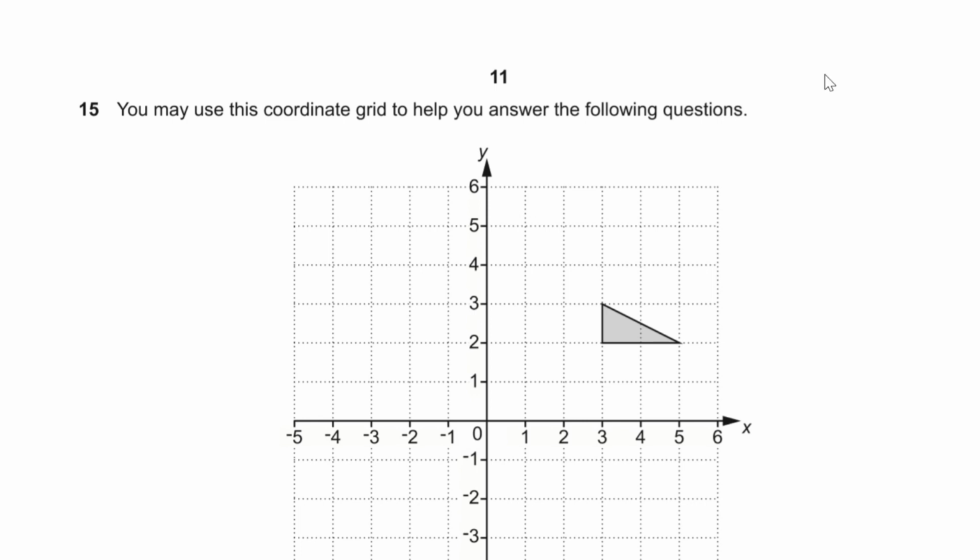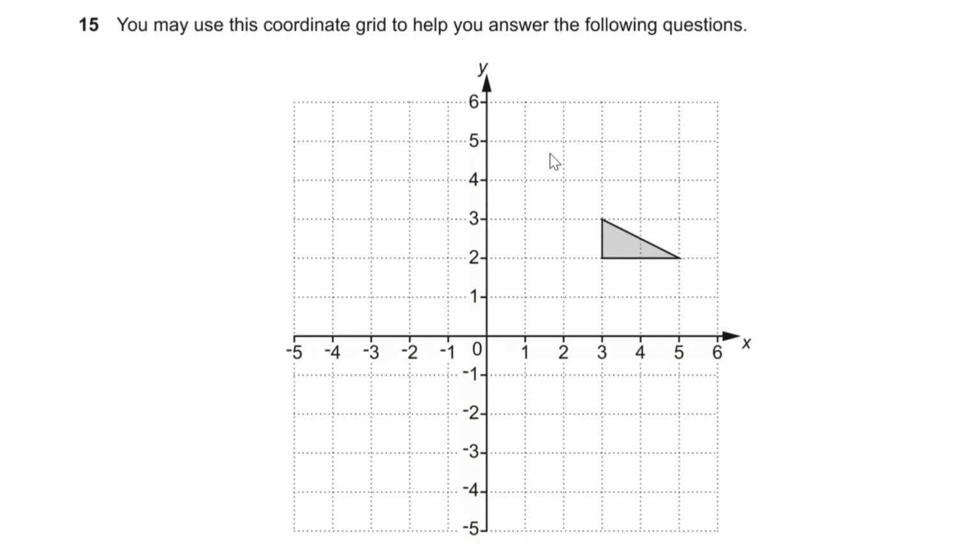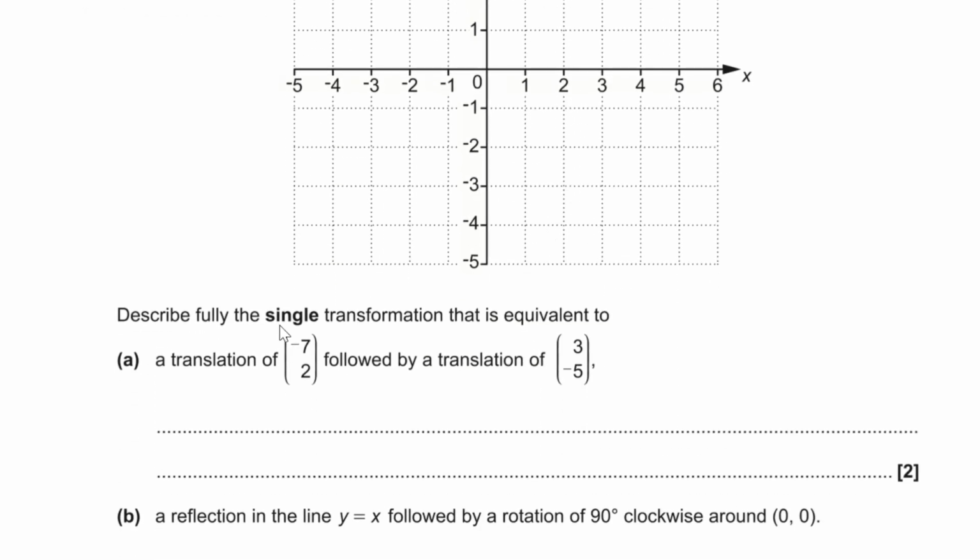Question number 15. You may use this coordinate grid to help you answer the following questions. For part A, we have to describe fully the single transformation that is equivalent to a translation of (-7, 2), followed by a translation of (3, -5). Well, if we deal with this first,